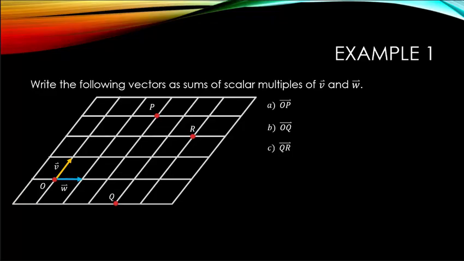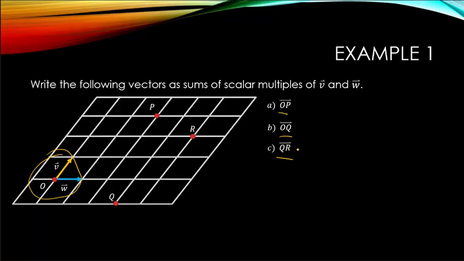I want to write the following vectors as sums of scalar multiples of a unit vector w in the horizontal direction and a unit vector v in the vertical direction. I have already plotted one of each of the unit vectors with their own origin on the grid here. The first vector I'm going to look at is a vector that starts at O and goes to P. Then I'm going to look at a vector that goes from O to Q and another vector that goes from